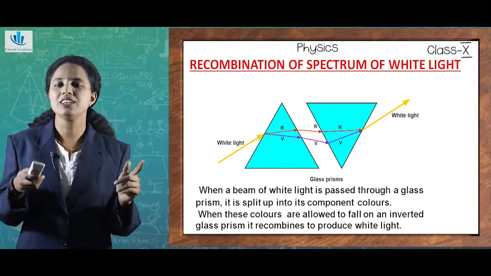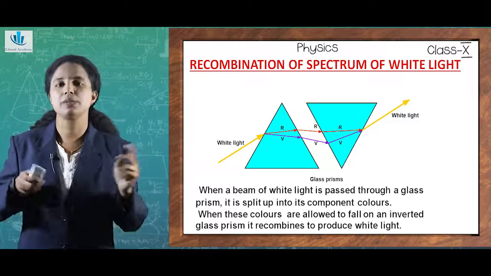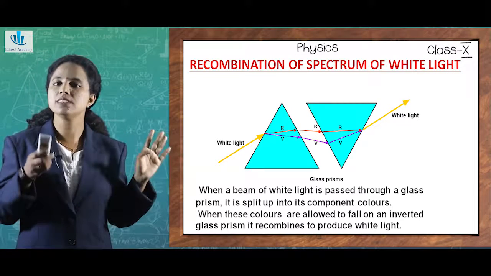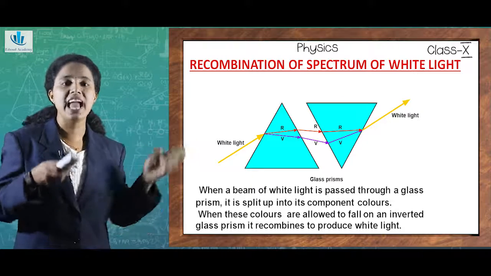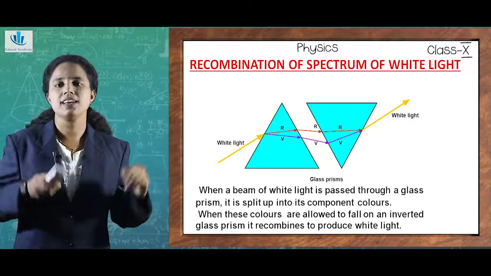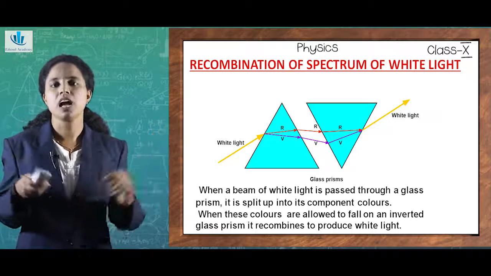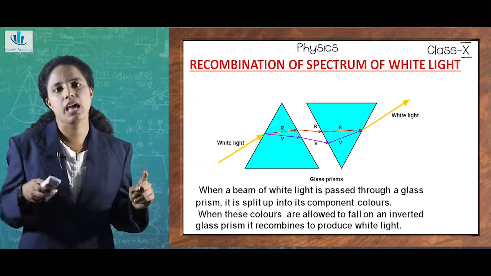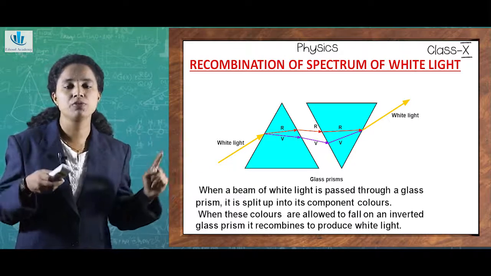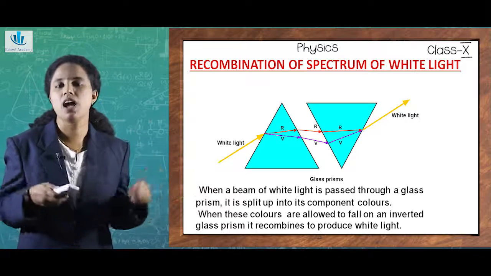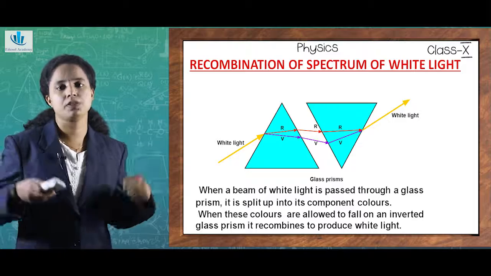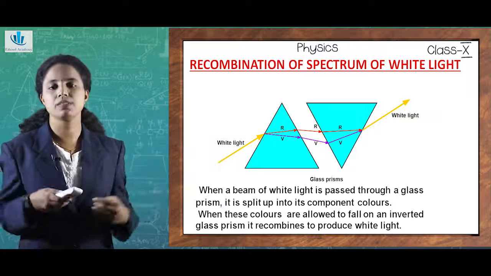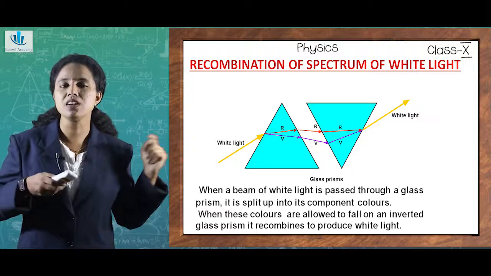How does it happen? We need to place 2 prisms. But the peculiarity, as you can see in the figure, is that one will be in the straight position and the other prism will be kept in an inverted position. Just like what we have already dealt with, when I pass the white light to the first prism, refraction as well as dispersion happens, and a band of spectrum appears from the first prism. In the second prism, I am passing this band of colors through, and you can see the final product emerging from the second prism, which is kept in an inverted position, is our first component,